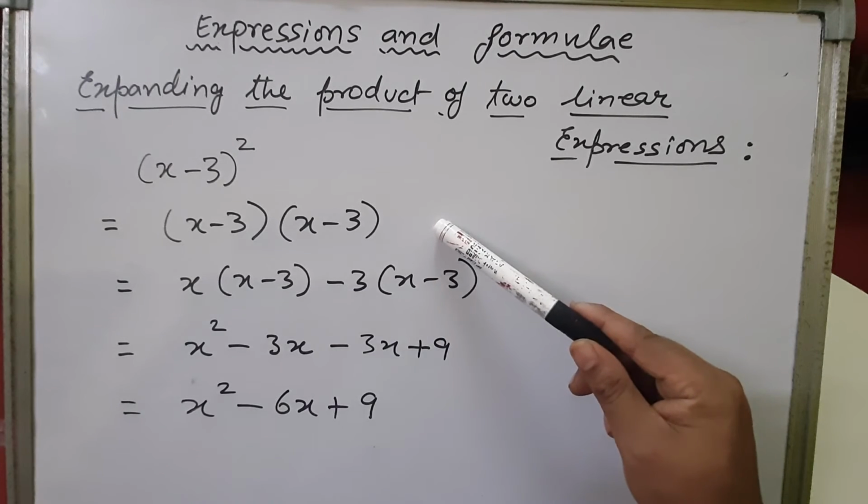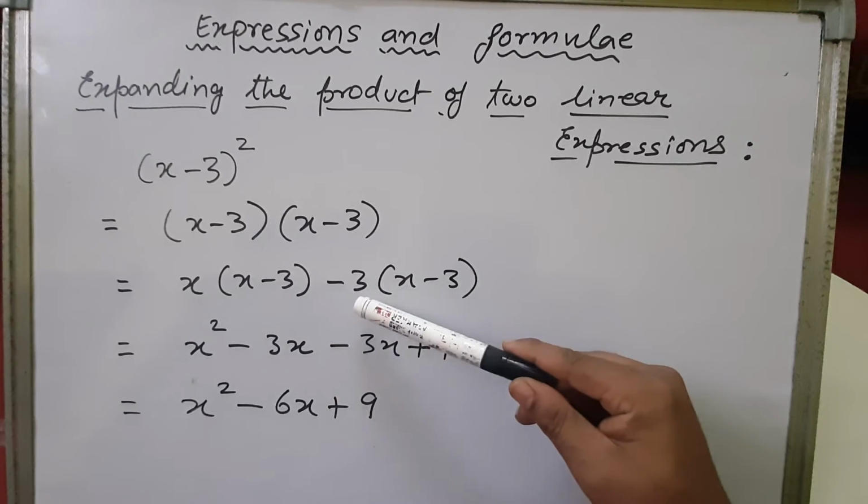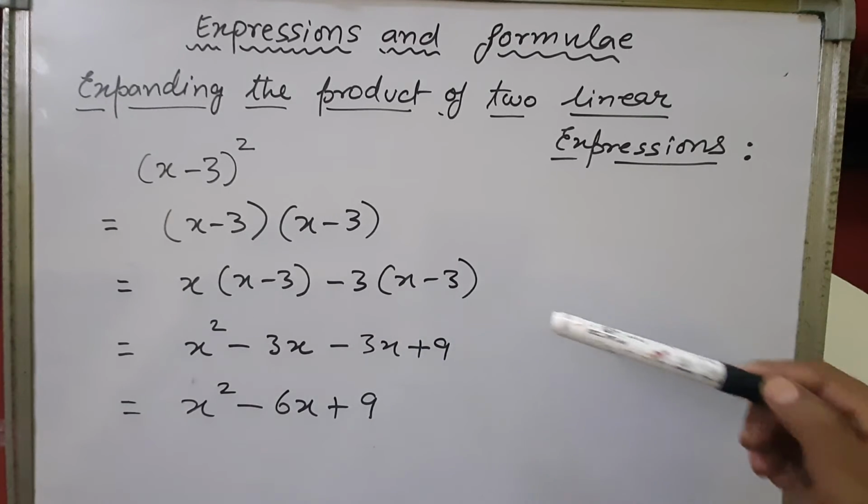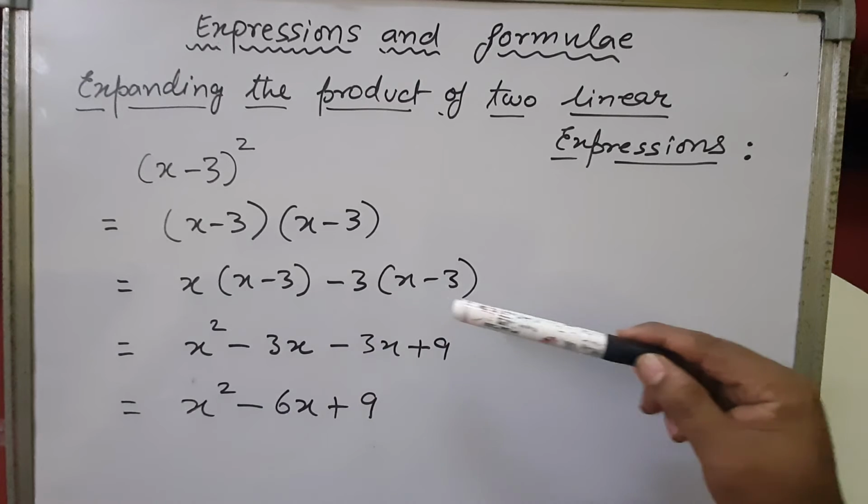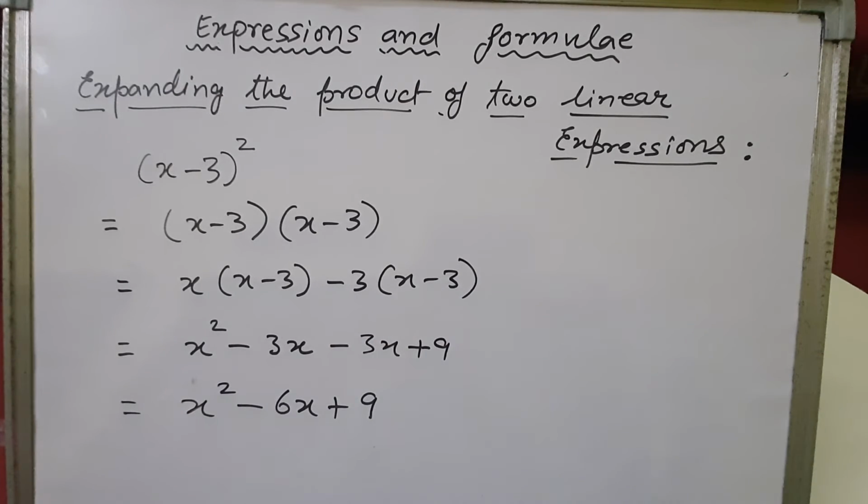We have learned how to multiply. First term will be multiplied to the second bracket, then the second term will be multiplied to the second bracket. That means x will be multiplied with x minus 3 and minus 3 will be multiplied with x minus 3. So x into x is x square and x into minus 3 is minus 3x. Minus 3 into x is minus 3x, minus 3 into minus 3 is plus 9, since minus into minus is plus, and 3 threes are 9. Now, children, you can see that we can add these two terms. Minus 3x and minus 3x will be minus 6x. So the result will be x square minus 6x plus 9. This way we can find the expansion of x minus 3 the whole square.